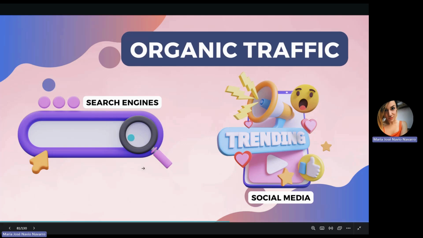Okay, if we are working properly on SEO, we are going to appear on the SERP for different kind of queries related to different kind of keywords, and we are going to get this traffic that we are going to consider organic search traffic. Okay, but on the other hand, we are going to also talk about social media, social networks, in which we are going to get traffic from just natural or organic posts, never from social ads. Okay, organic traffic